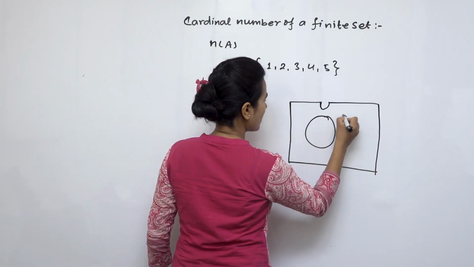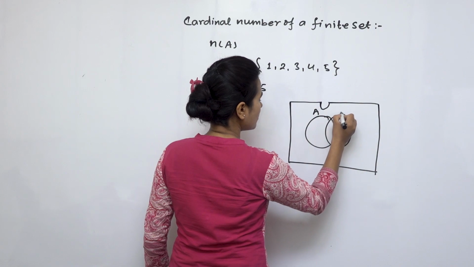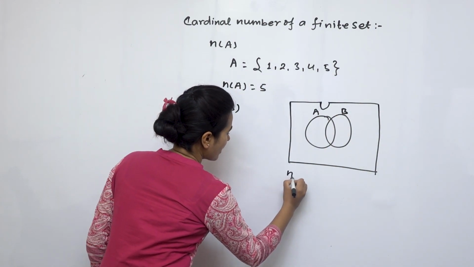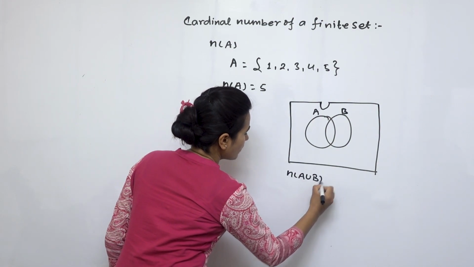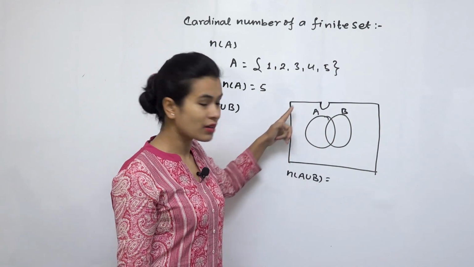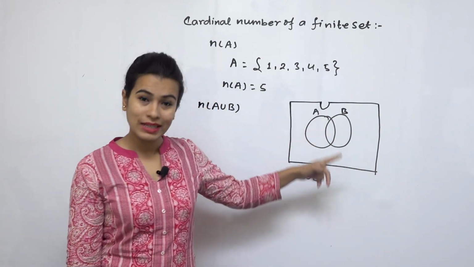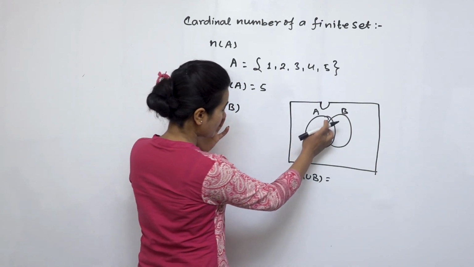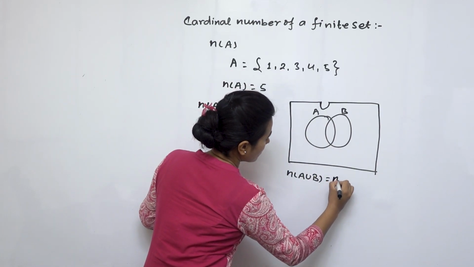Suppose we need to find the value of n(A union B). A union B means either the members of A, or the members of B, or the members of both. So n(A union B) means n(A)